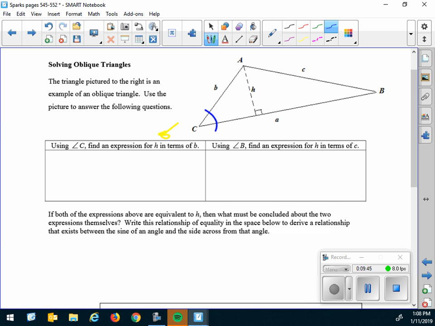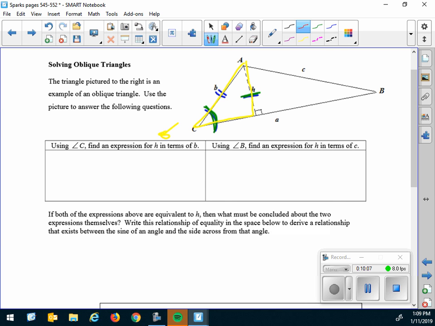So, using angle C, find an expression for H in terms of B. So here's what I need you to think. For this angle right here, what is this side called? And keep in mind, this is a right triangle, isn't it? And I can use my trig ratios because this is a right triangle. So H is opposite,